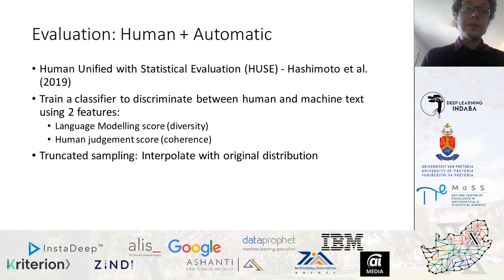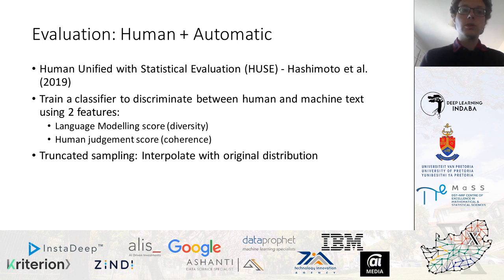So while the automatic evaluation metrics we have used so far are very useful, they cannot directly assess the coherence of the generated text, or give an overall assessment of quality. Therefore we turn to human evaluation. While humans can evaluate the coherence of text, it is hard for them to assess diversity across generations. So, to combine the strengths of human evaluation of the quality of text and automatic evaluation of diversity, we